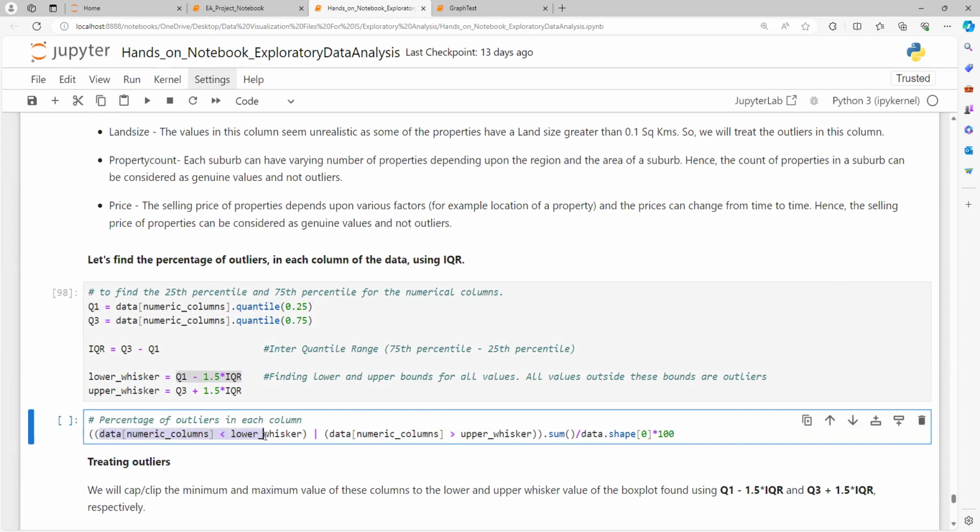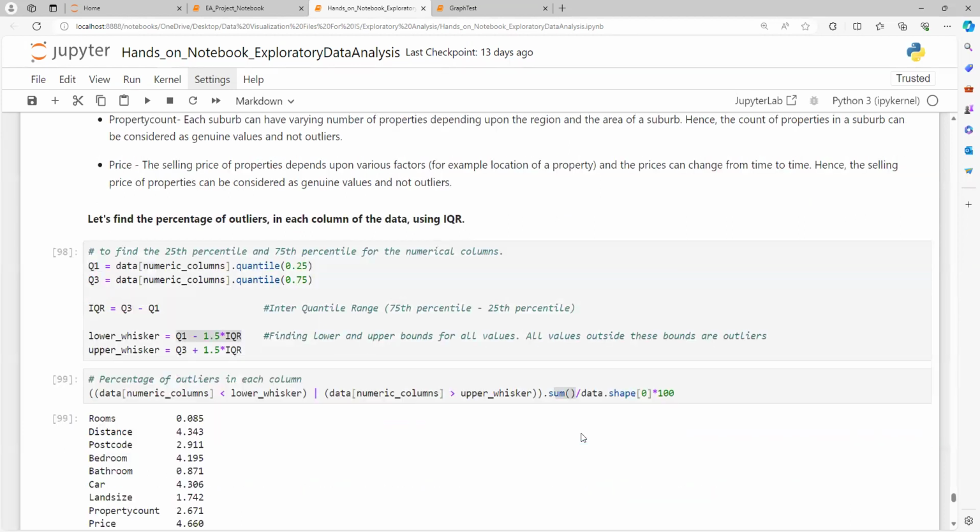This one is essentially how many values are less than the lower whisker. This is OR in Python, I think you know that. And how many values are over the upper whisker. So it counts those up. It's going to be true or false in each of these situations, so it makes an array of true, false, sums it, so each one is just one or the other, and then divides by the total number. So if we do this real quickly,